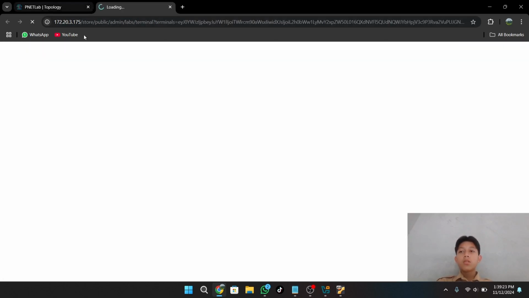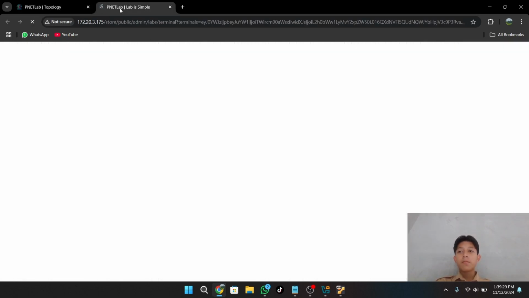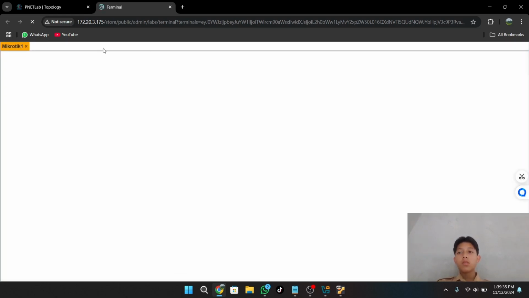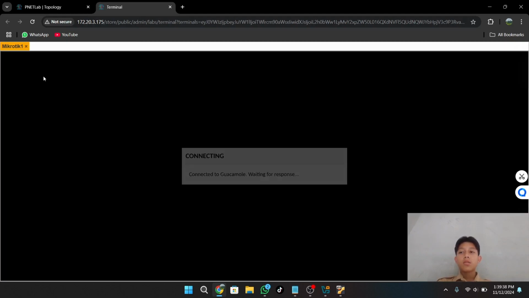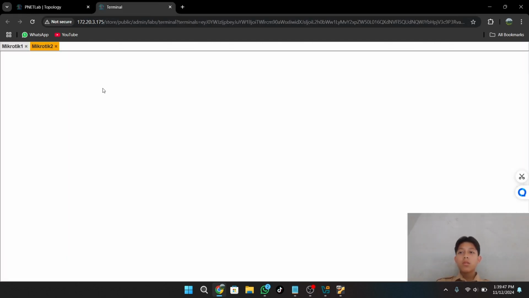Wait, it is a little bit laggy. For MikroTik 2, like this, and you can log in first. Log in with the user and password of your router.